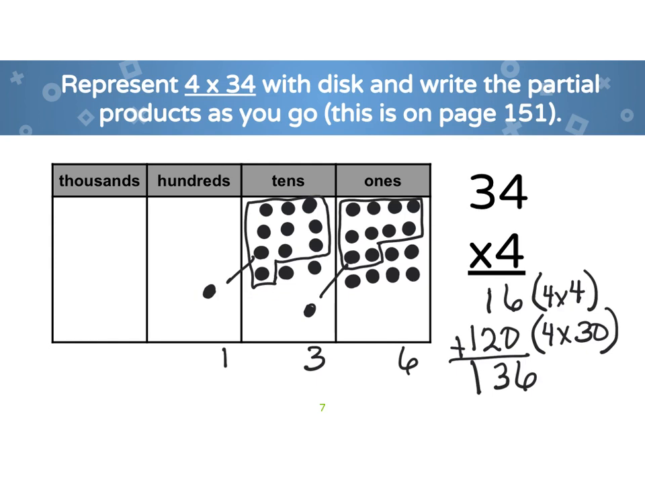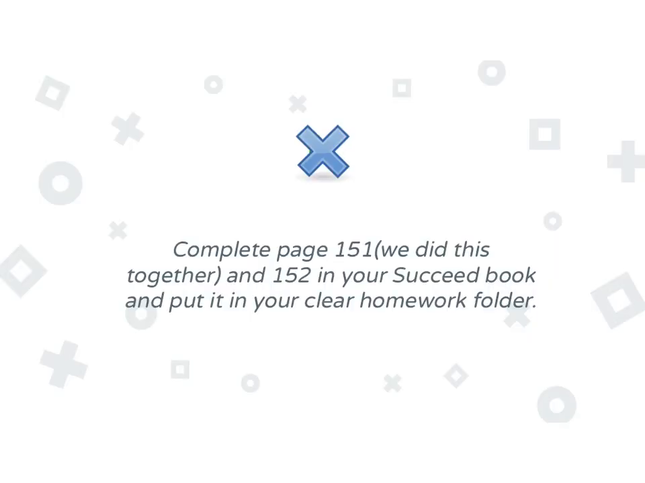Okay, so stop the video, check to see if you're understanding, and then we'll finish up. Okay, so you only have 1 page left to do. If you are working with me on page 151, then you only have 1 more page to do, page 152